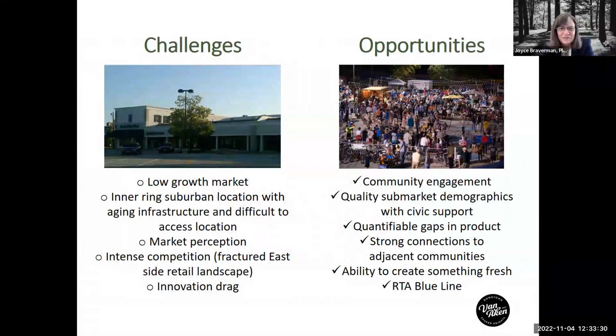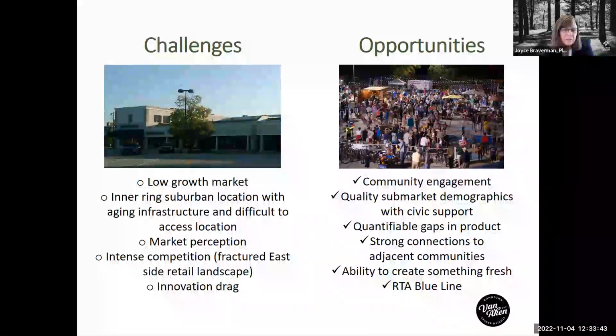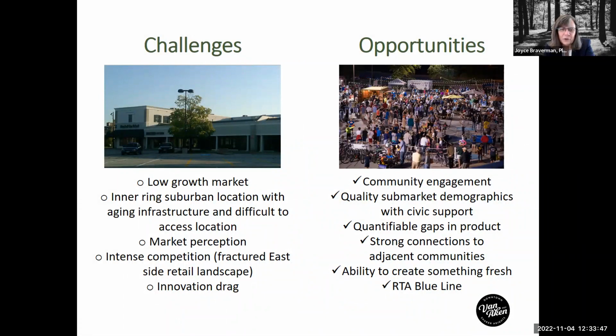So I'm going to tell you about the developers' challenges. This is a photo of the shopping center right before it was torn down. And it did have some vacancies. Of course, there was competition, as we all have, further out east in terms of the retail landscaping